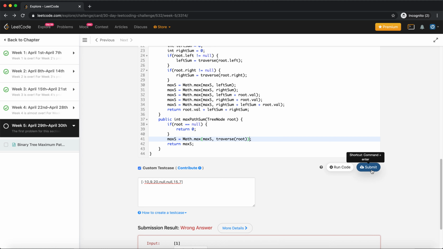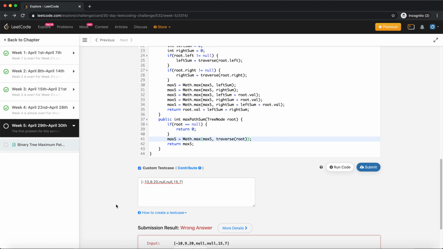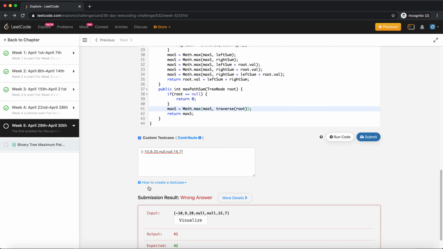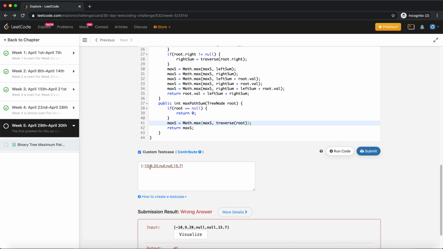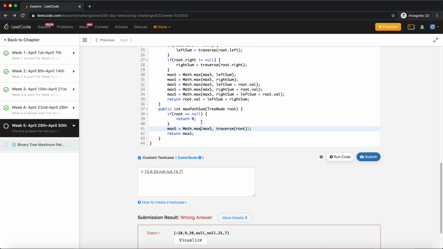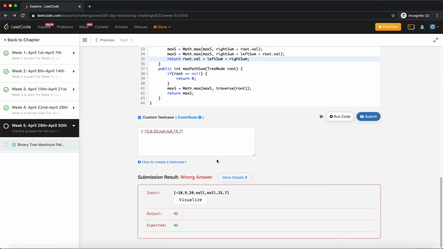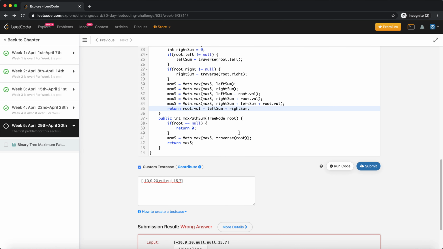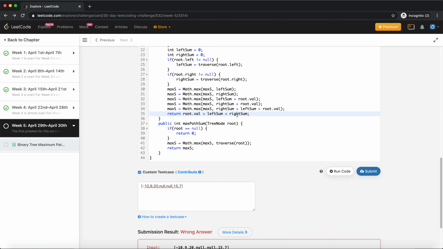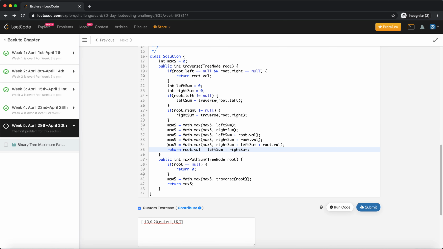Yes, correct. Yeah, it's a good case. Okay, no answer. Yeah, traverse root is gonna give me back 41, but